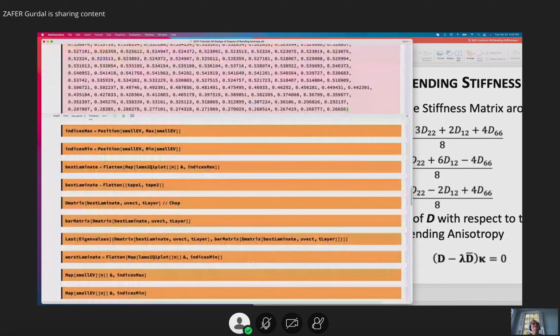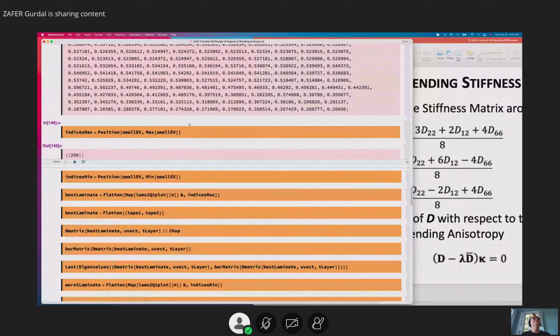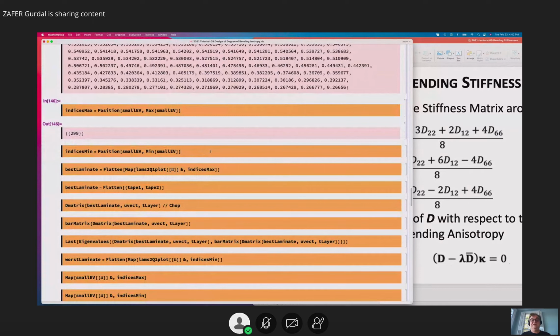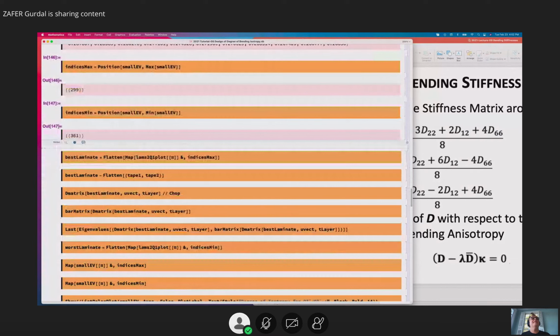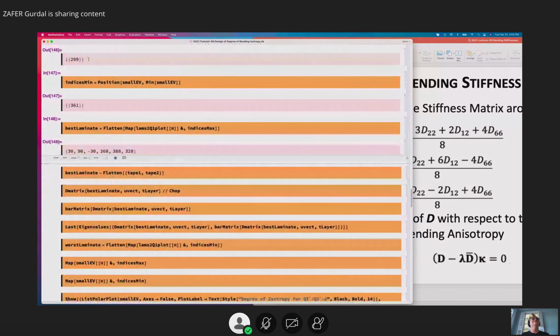So now I can look at the position of the smallest EV as 299, and this is the maximum, this is the minimum, 361. Base laminate for position 299 is this, and best laminate for the position